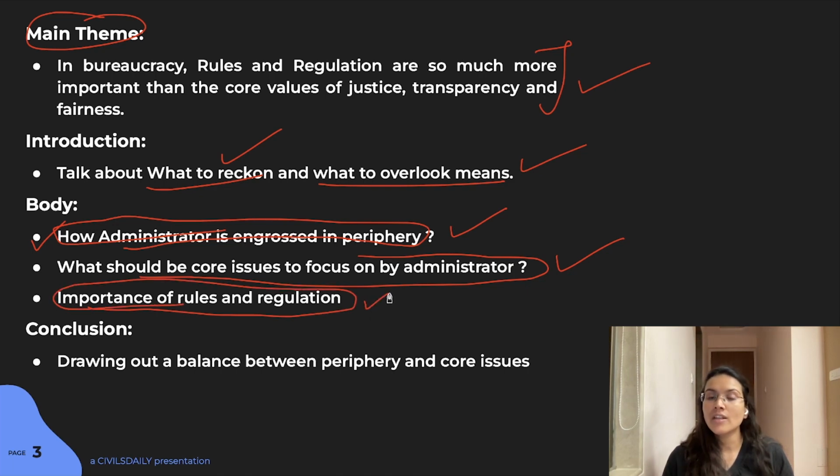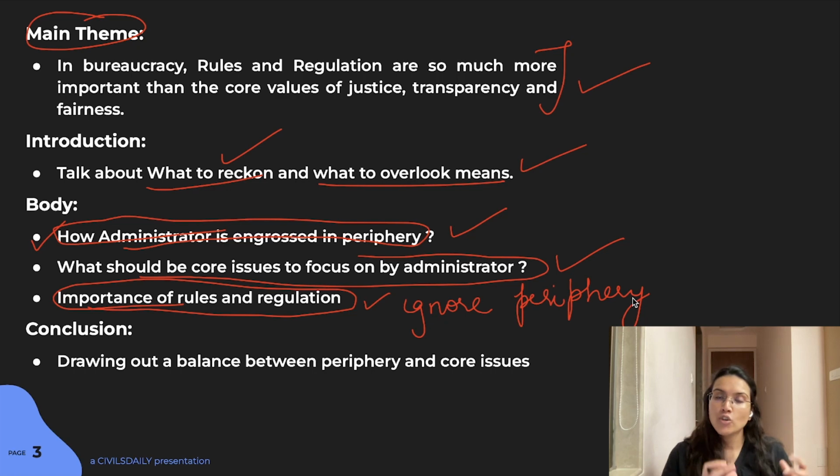Importance of rules and regulations is something you cannot completely ignore, right? You cannot completely ignore the periphery. Like, you cannot completely say that rules and regulations are not required, or that I'm completely going to overlook what my political MLA or my political bosses are saying, or that I'm completely overlooking getting a better position in the bureaucracy, because again, that is very idealistic and that does not happen, right? So you can tell me some importance of these things also, and that is when your conclusion comes into place,